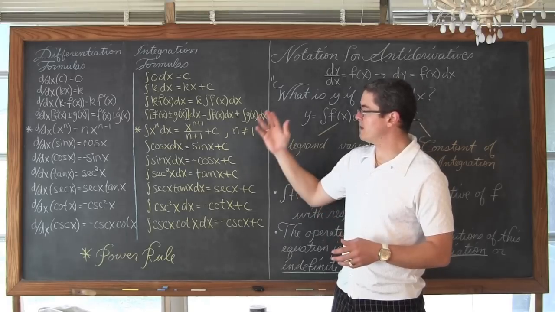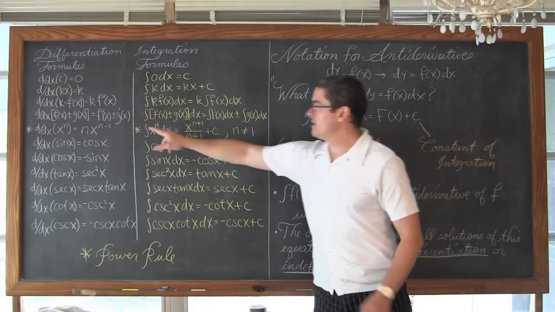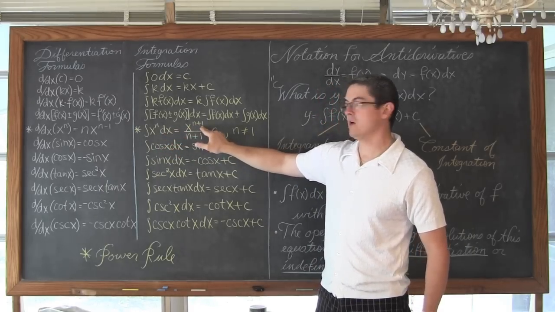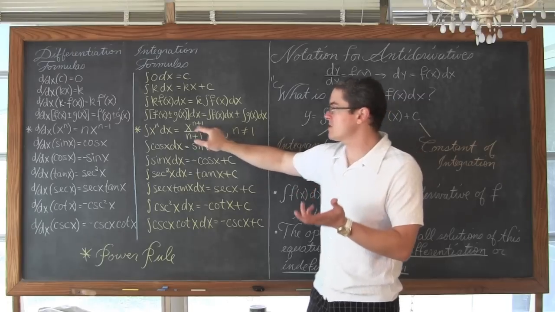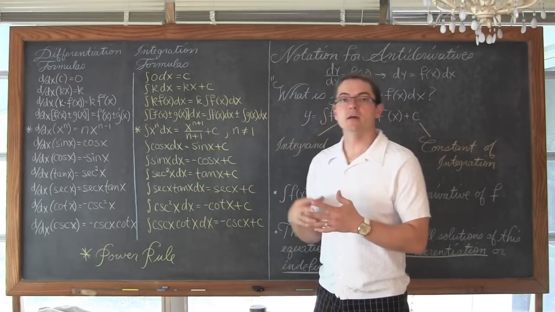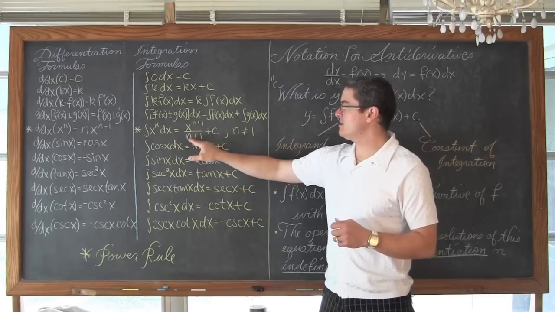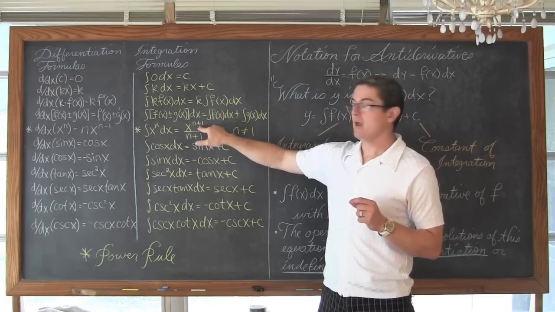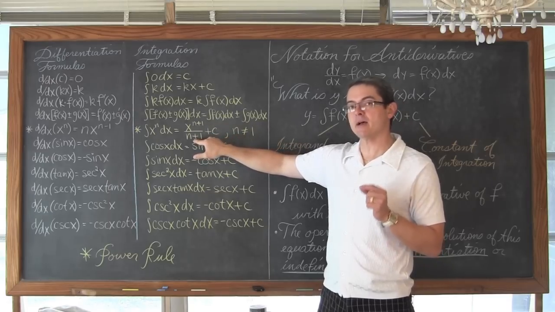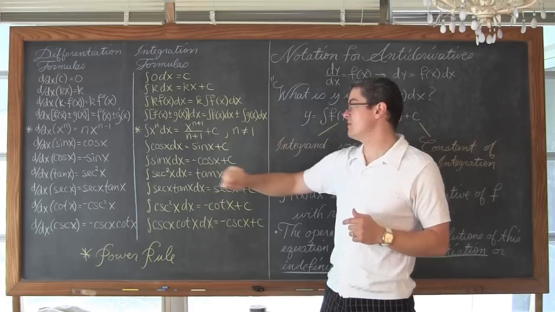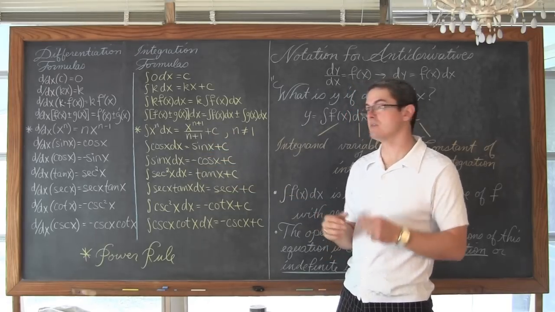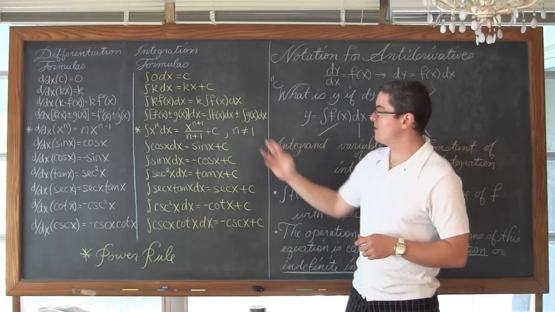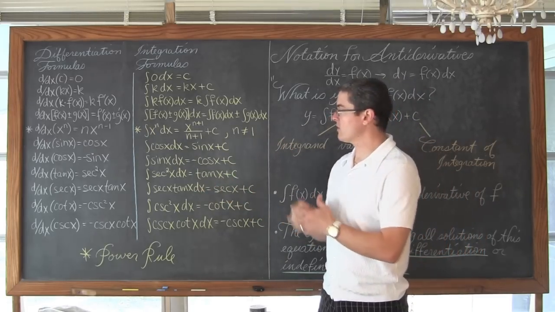But again, the big deal here is the power rule. The integral of x to the n dx is equal to x to the n plus 1. We're taking that exponent and raising it up by 1 as opposed to reducing it by 1 as we did with the derivative process, and then dividing that term by n plus 1. So we're going to raise that exponent by 1 and then divide by that same exponent that we have after we've increased it by a value of 1. And of course this is plus c, that constant at the end. Now we cannot divide by 0, so n cannot equal negative 1 with this power rule for integration.